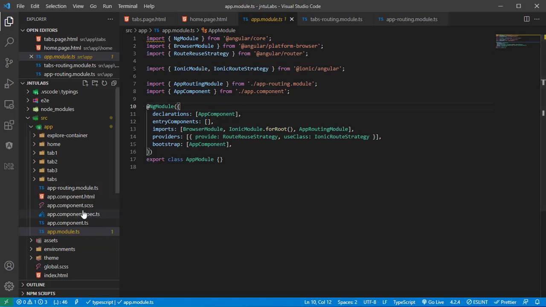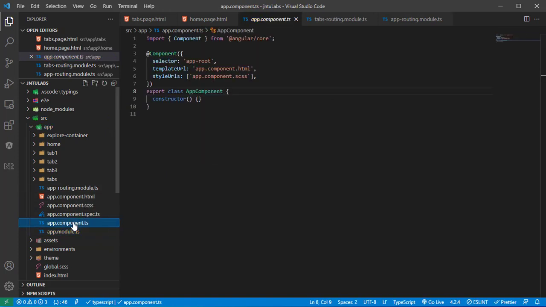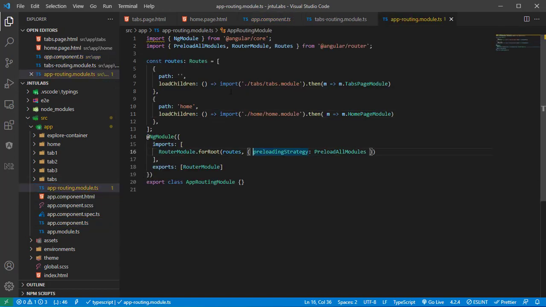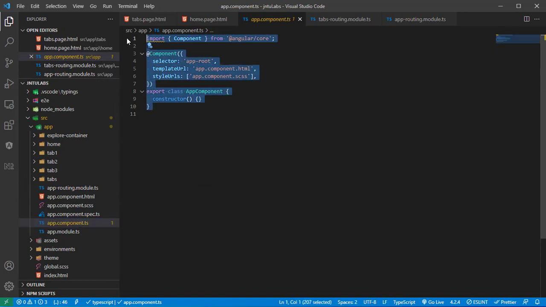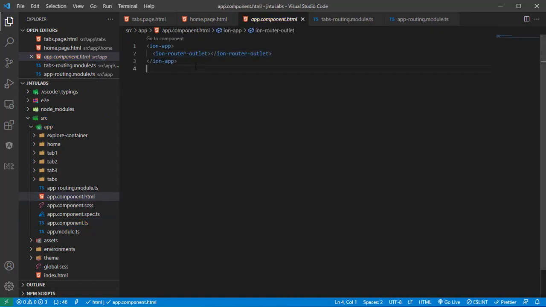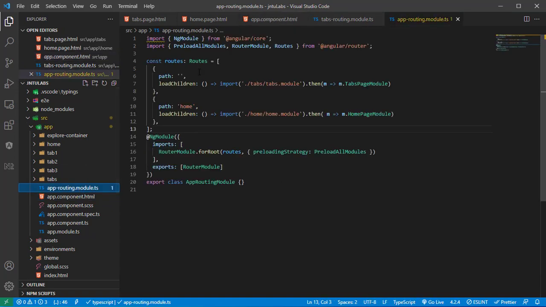Then this component will again check a routing module, where it sees what it needs to do if anything is not present in the component. Here in the component you don't have anything, it has a template URL, so you need to call this template. It calls this template, which tells that there is a router outlet, so it goes here and finds the router module for all. It checks if the path is empty, then load this, or if there is something in the URL called home, then open this tab.